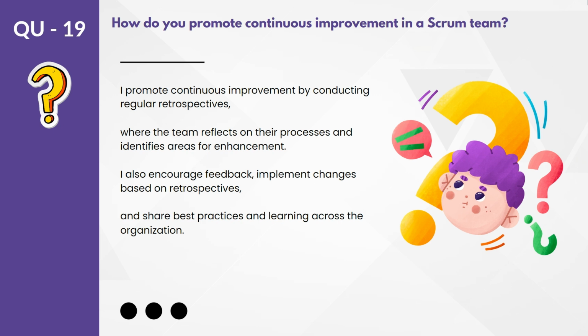For example, when they come to know that there are some best practices being followed by another team, and his Scrum team is not following that, he can work on the feasibility, but at the same time he has to make sure that he is organizing such best practices sharing sessions, so the overall quality can be improved. So these are a few things through which a Scrum Master can foster the culture of continuous improvement.